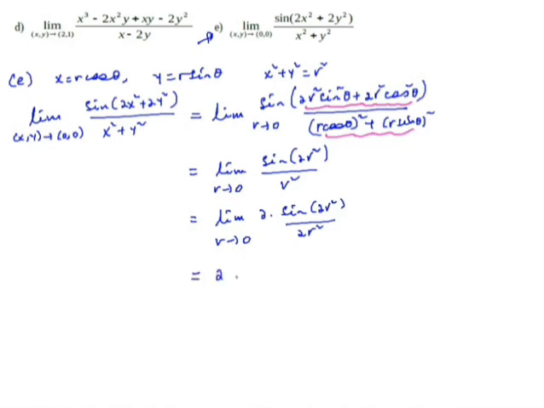So ይሄ 2 times the limit of sine 2r square over 2r square ይሆናል as r approaches to 0. ይሄ ሊሚት 1 እንደሆነ እናውቃለን። 1 times 2 is 2. Therefore the limit in e is 2. ወደ